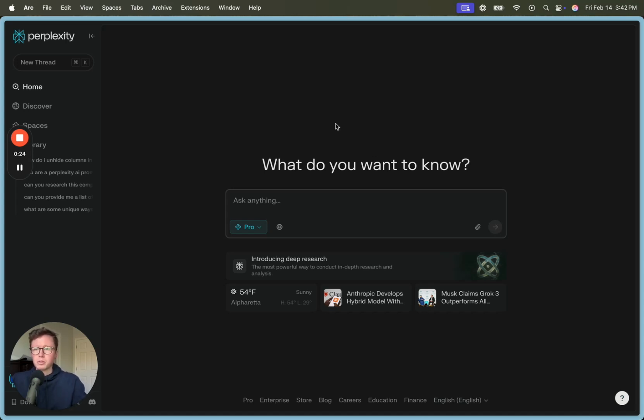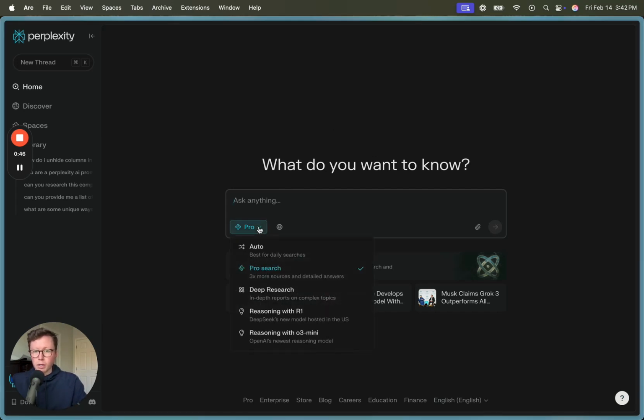So first and foremost, everyone talks about ChatGPT, but Perplexity AI is the tool I use every single day, multiple times a day. It pretty much combines all the best of all the other AIs and puts it all into one. It has DeepSeek, it has Meta's AI, it has ChatGPT, and the Pro subscription is definitely worth it. That's what I run. It gives you much more in-depth answers. It has special reasoning. It also has OpenAI's reasoning model. So you can kind of do whatever you want with it and find a bunch of information.